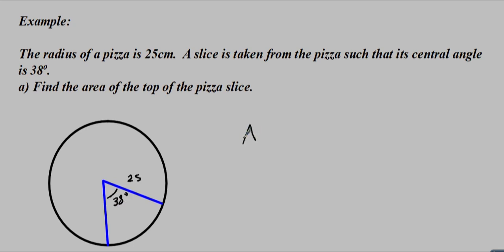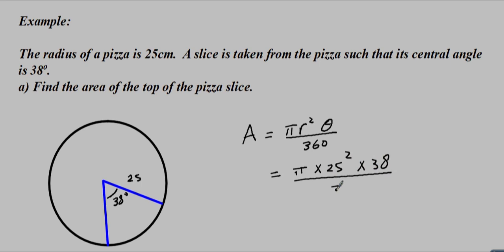Simply A is equal to pi r squared times theta over 360, and substituting the values gives us pi times 25 squared times 38 over 360,